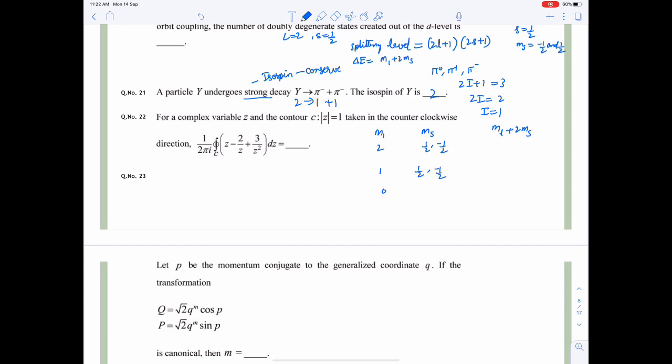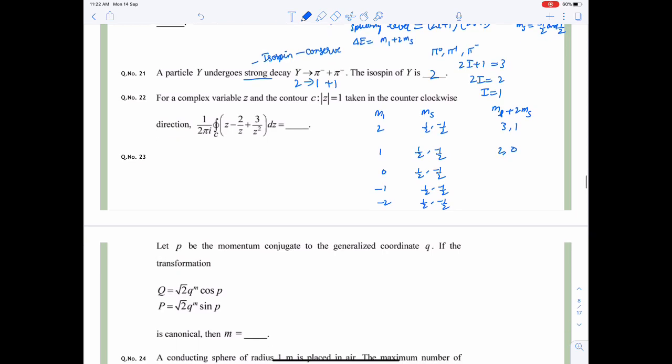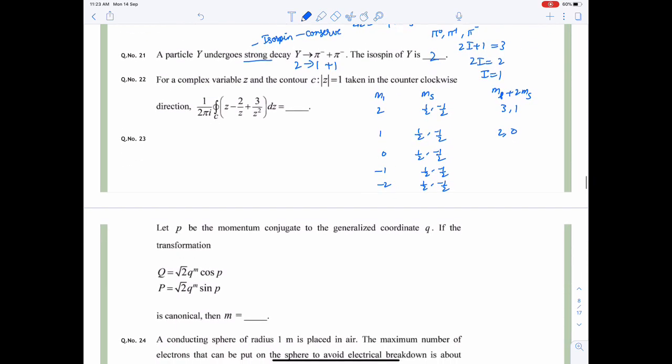For 0, half and minus half. For minus 1, half and minus half, and for minus 2, half and minus half. When you apply the formula ml plus 2ms, you will get 3, 1, 2, 0. Actually you apply 2 plus half, then 2 minus half, so two values come for each. Similarly here 1, 0, minus 2,